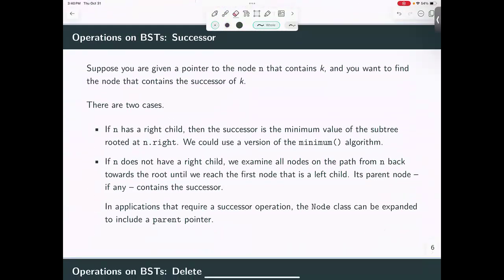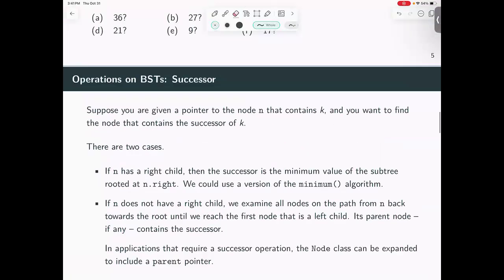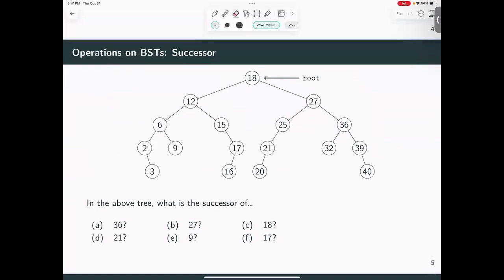Now, if n does not have a right child, we have to do something else. We'll have to examine all the nodes on the path from n back toward the root until we reach the first node that is a left child. Its parent node, if any, would contain the successor. If you know that you're going to need a successor, it's sometimes nice to also keep track of your parent pointer, but it's not necessary because we can use backtracking through recursion as a way to find our parent and our successor as well. You can do it by implementing a sort of doubly linked tree where you keep a pointer to who your parent is, but it's not required